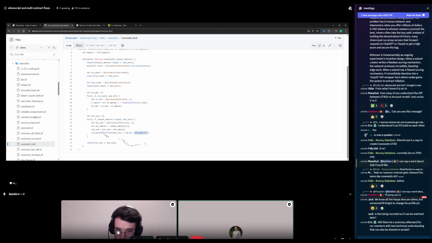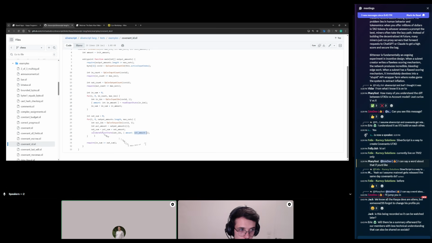Right. It also does something else: the hidden part is where it verifies that this output is committed to exactly the same script we're running now. So that's a kind of reflection logic.